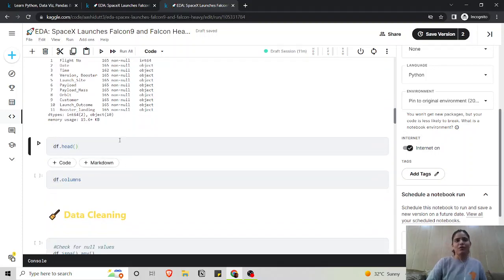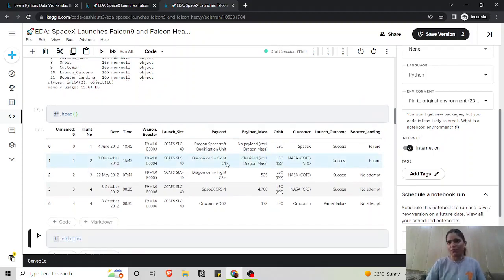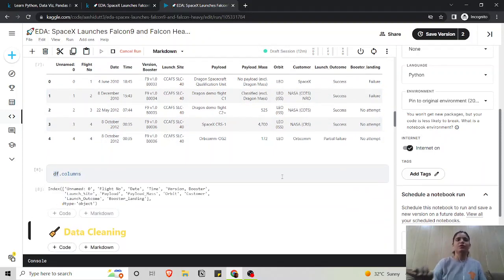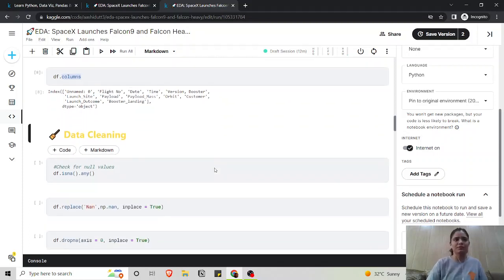Then let's go ahead and get the head of that data. We have already seen this data set before: booster, landing, launch outcome, and other two columns that we did not see before, but here they are, right? Then we have df.columns. df.columns is really helpful to get the names of the columns, because sometimes you miss some commas or spaces, and you run your code and it says that this column does not exist. So it's really important that you use df.columns so that you can print out all the names of those columns.